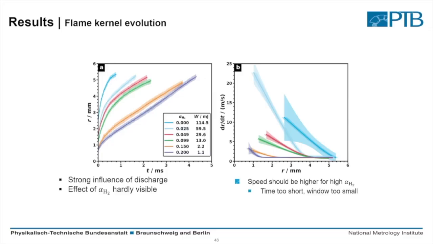From this we get the derivative. So we see a time which is dominated by the spark, and then we get a more or less constant propagation to the outer atmosphere, dominated by the flame velocity. This we cannot see for pure ammonia. Our window has only 5 millimeters in diameter, so already the energy deposition brings us to the end. But for the other gases, we can see clearly the difference between the spark-dominated region and the region dominated by the chemistry.